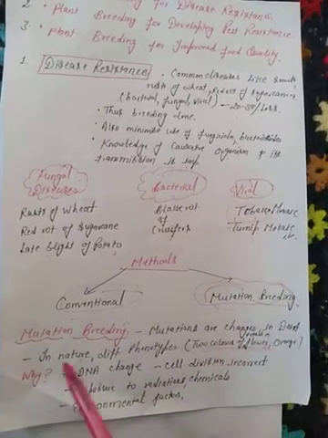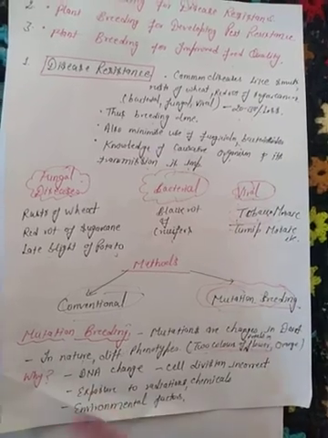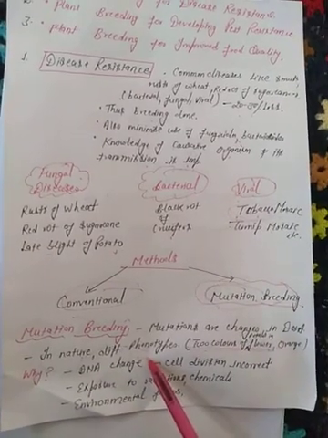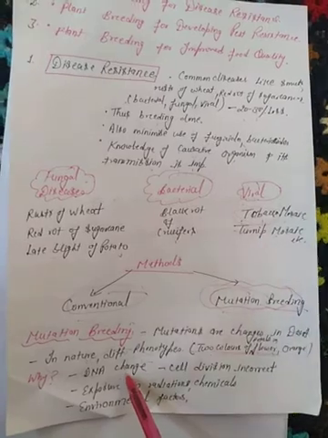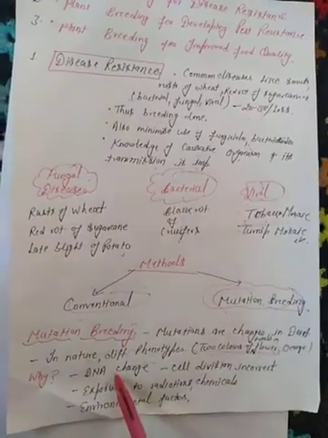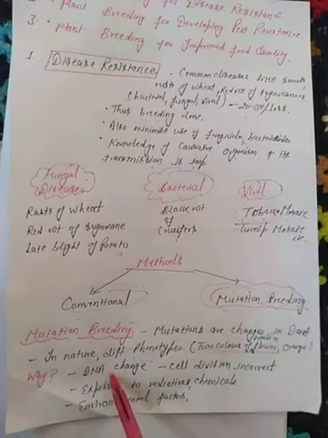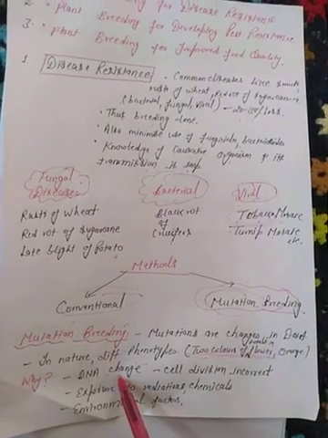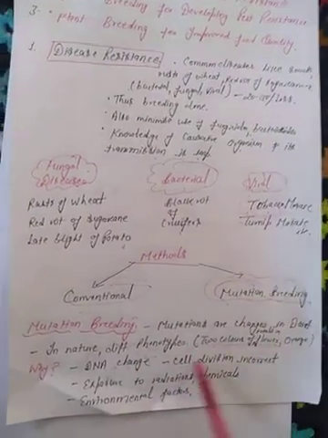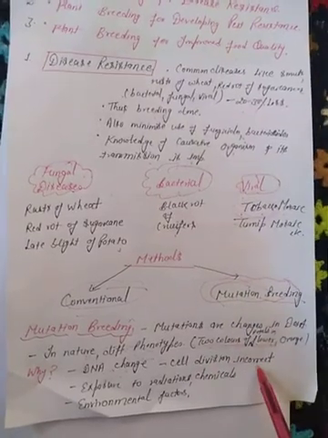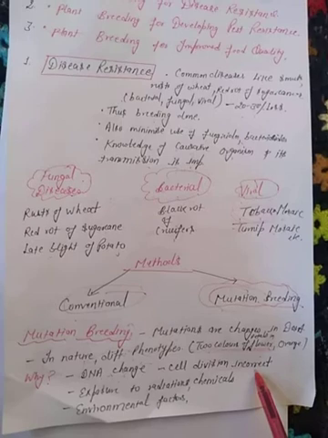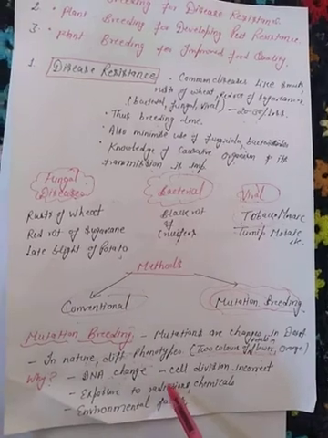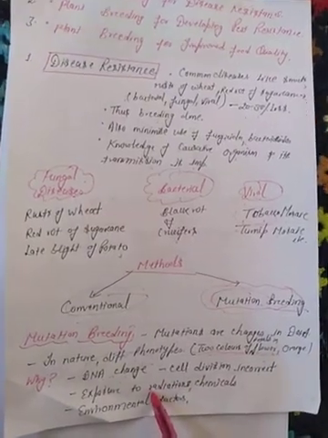Now, why do these mutations occur? How do they occur? DNA change occurs. First of all, when there is a change in the genotype of the cell, when there is a change in the sequence of bases in DNA of the cell, that is DNA change, then definitely the phenotype will be altered. Sometimes cell division is not correct. That is also responsible for mutation to occur. Sometimes exposure to radiations like X-rays, gamma rays, all these are also responsible for the mutations.